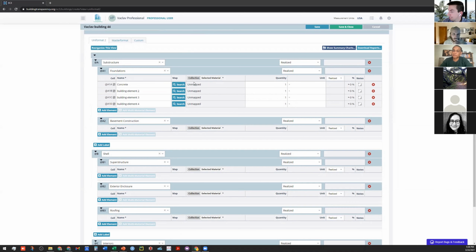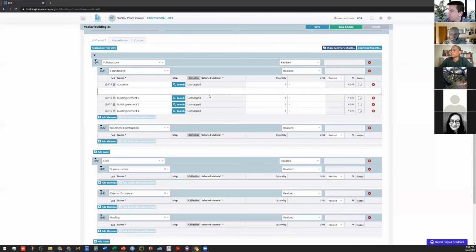I'll do that in just a second, but let me just cover some of the other cells that you can see here: the quantity cell, the unit cell, and then this is where you will start seeing the embodied carbon data once you define the materials.